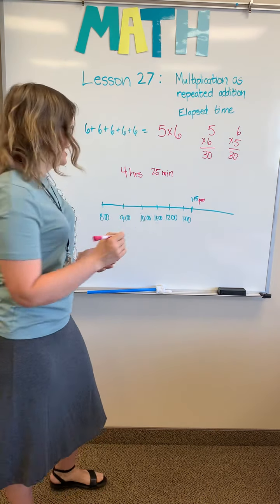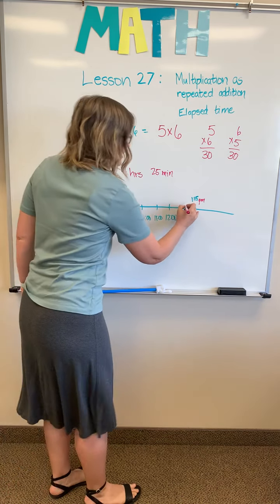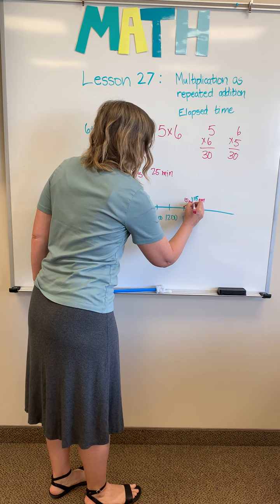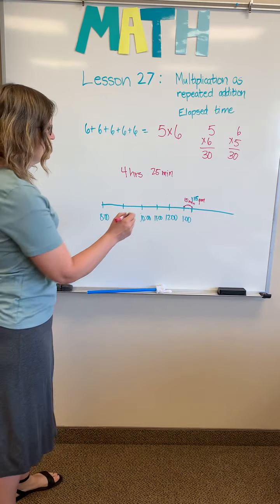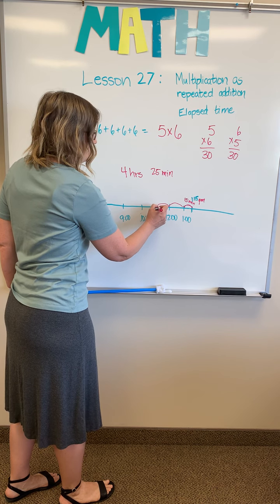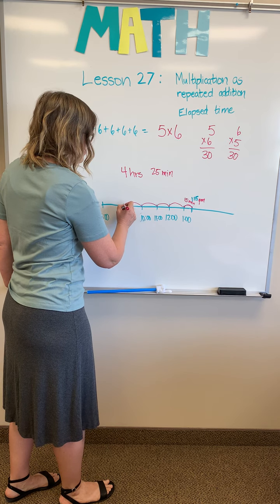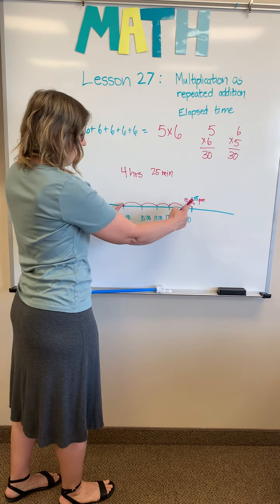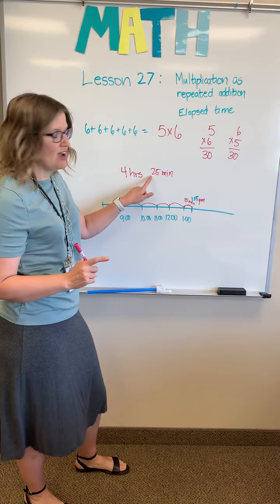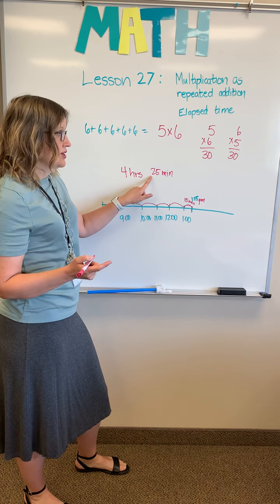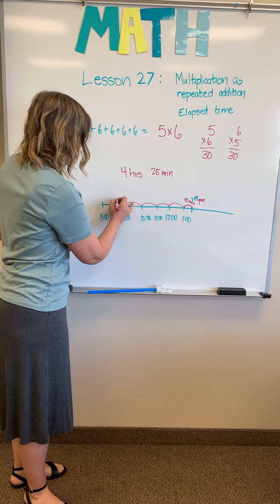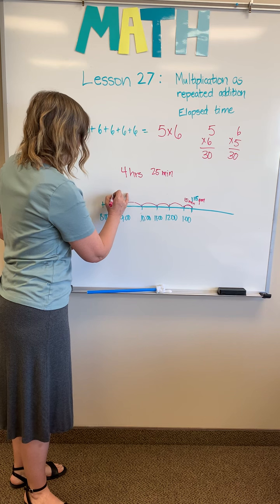So we need to ask ourselves, where is that? Right here, between here and here, is 15 minutes. Then let's jump back 4 hours: 1, 2, 3, 4, right here. But this is only 4 hours and 15 minutes, and they need 4 hours and 25 minutes. So it looks like we're going to have to go back another 10 minutes right here. This is 10, and that would put us at